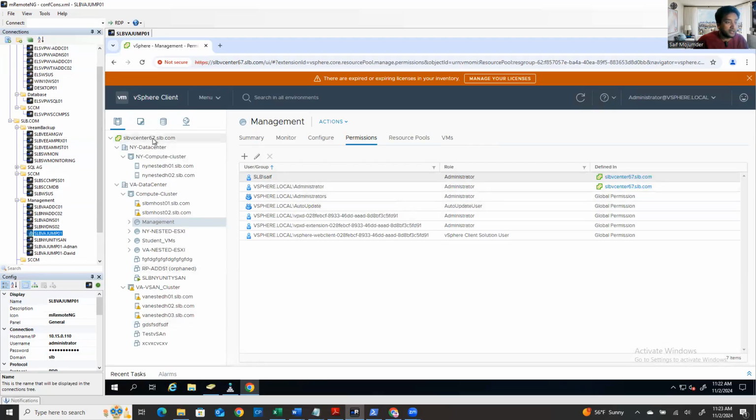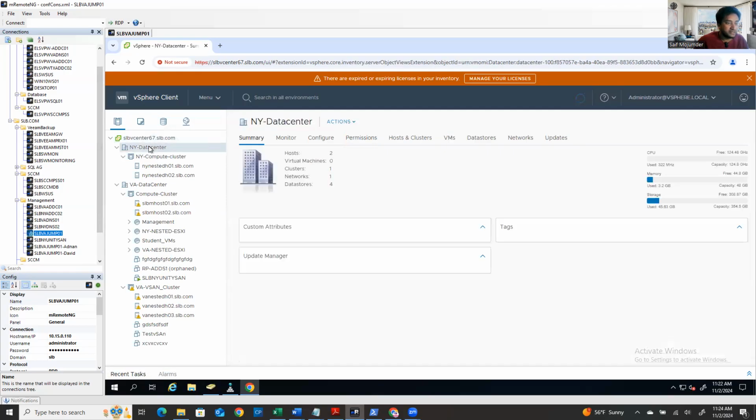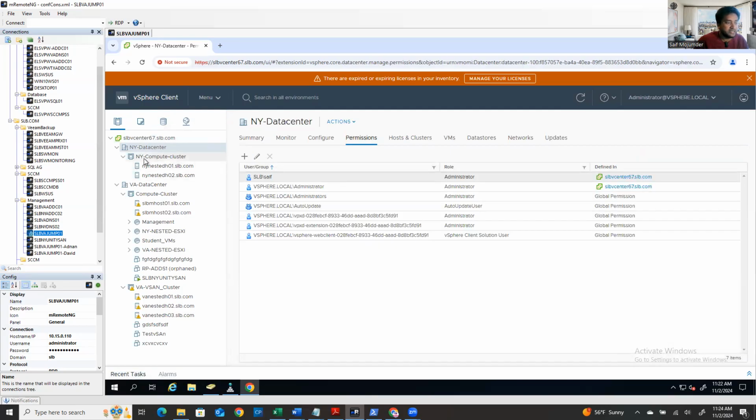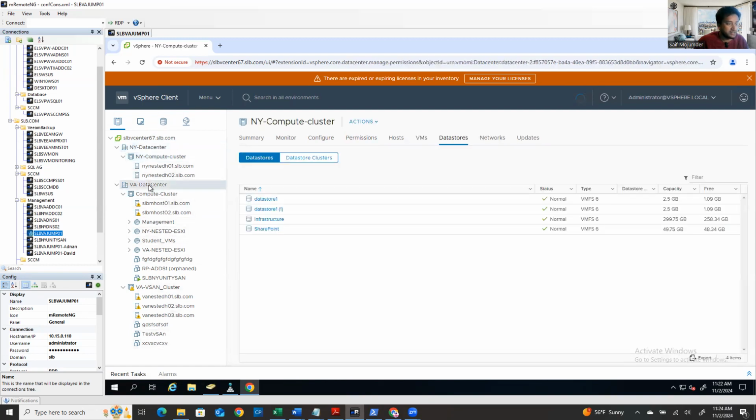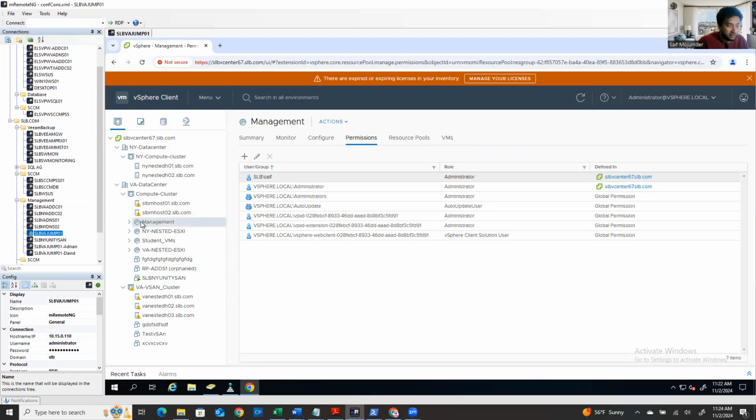If you look at vCenter, you're gonna see there are multiple tabs, and one of the tabs is called permission, and you're gonna see who has the permission here, right? And if you click the data center, you're gonna see the same thing. There's a permission tab. Each and every component when you create it, see, I have a cluster here, another cluster here, another cluster here. I have a resource pool. You see that this is the icon of the resource pool. So whenever you create something, you can assign permissions individually. This is a resource pool, right? So if I assign somebody here,